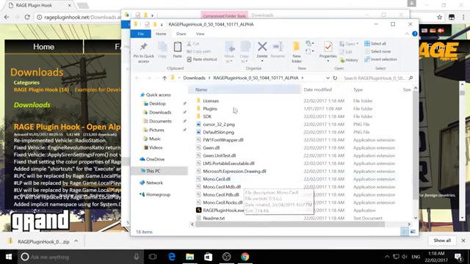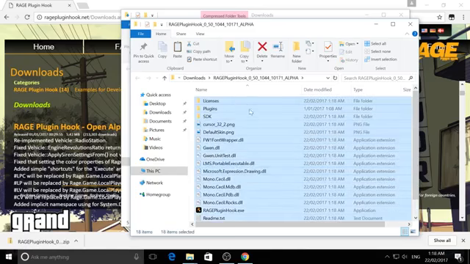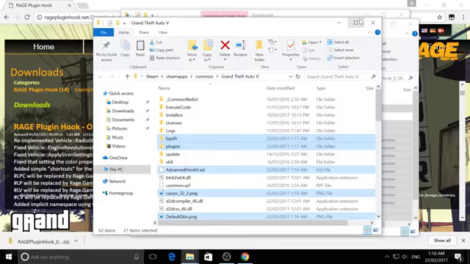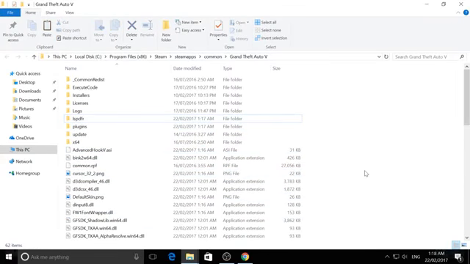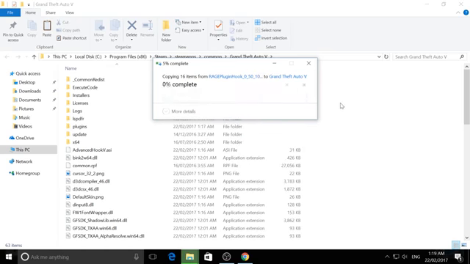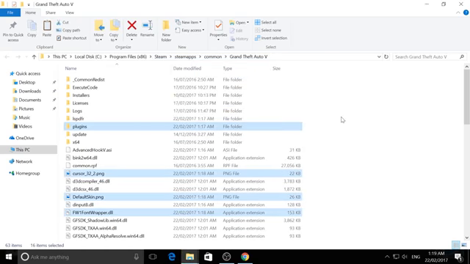So that's going to open it up in a new window, and again we want to select everything. This time we want to unselect licenses and SDK, and copy that. Do we still have Grand Theft Auto open? Yes we do. So this time, maximize that, we click off that. It is going to complain about some files with the same names. That's because LSPDFR ships with an extremely outdated version of RageHook with it. So it does have an old version in there, but you need to overwrite those files just to make sure they're up to date. We want to replace all the files, and we should pretty much be good to go